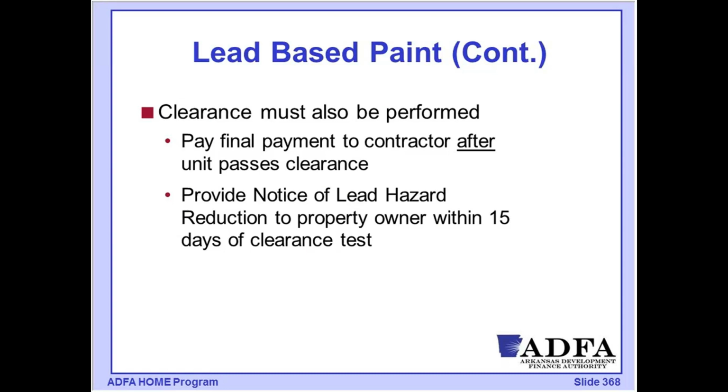So we're not going to pay our lead contractor until that clearance test has been performed, the results have come back in, and it's been determined that that property now is within acceptable limits. If those tests would come back and they would show that there still is lead hazard present, then the contractor would be required to go back. Generally, they're going to be conducting what's called the scientific cleaning, so they're going to re-clean and remove that lead dust, particularly that's been left in that area. They would then do another clearance test to see that those results were now within the acceptable parameters. Only after we get an acceptable clearance test would payment be released to that lead contractor.